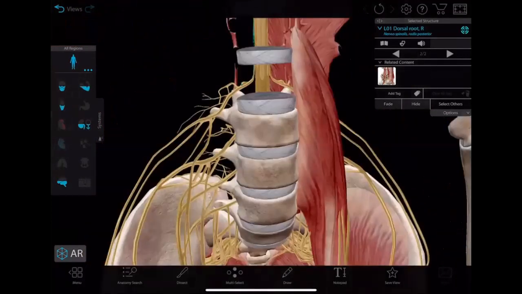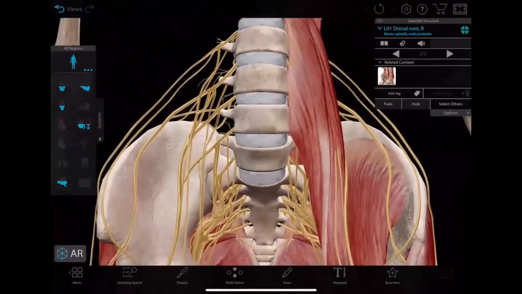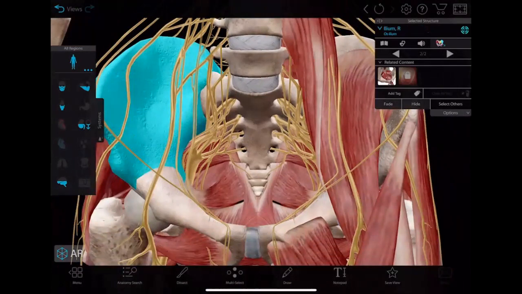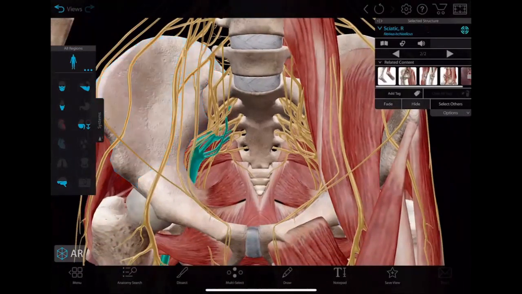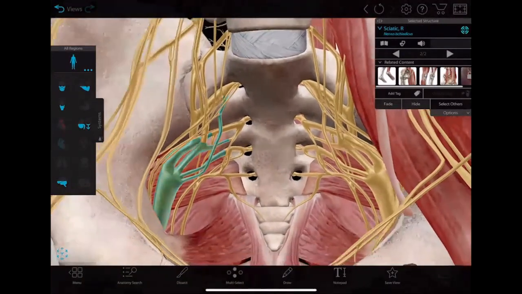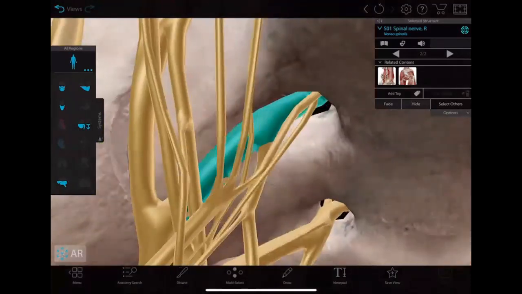So this network is called the lumbar plexus. The upper network is the lumbar plexus. This one is the sacral plexus, right? So sacral plexus. So if you observe,